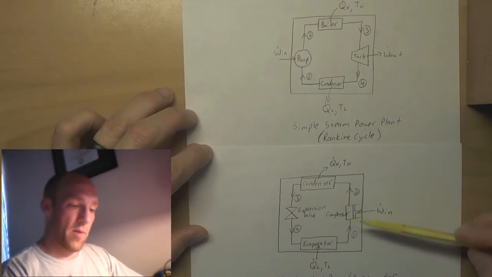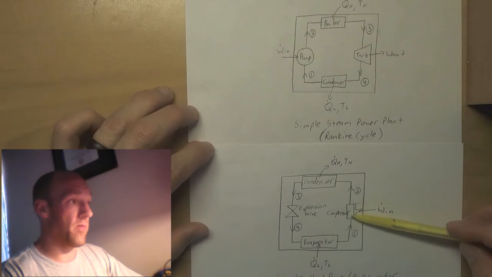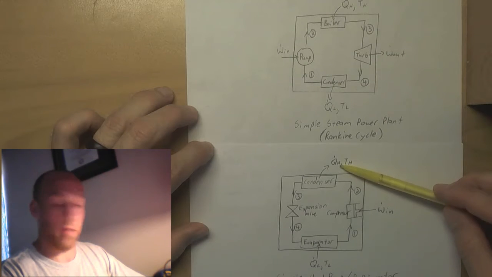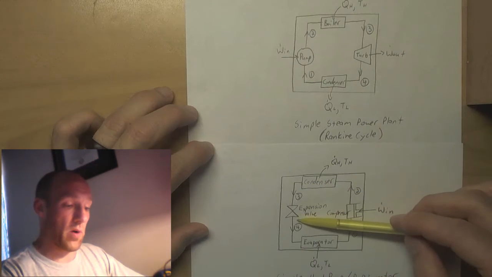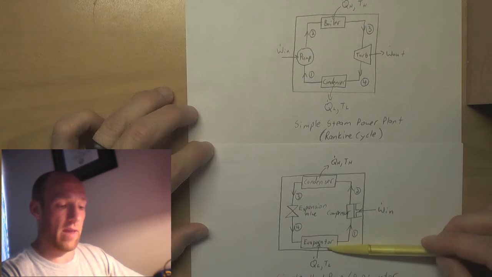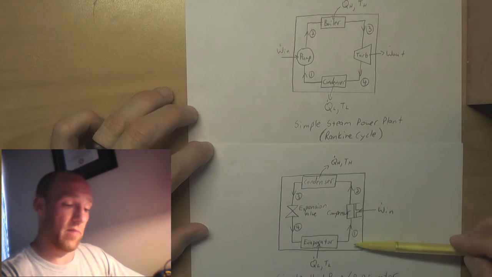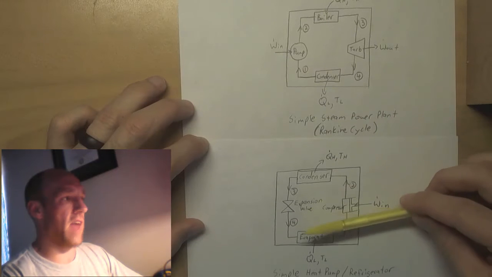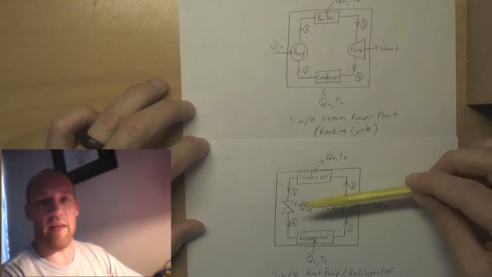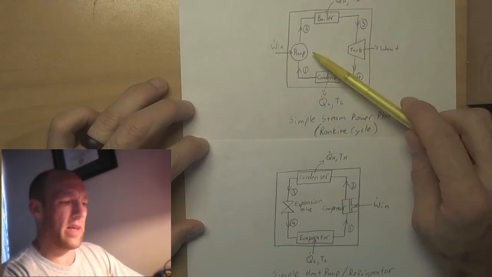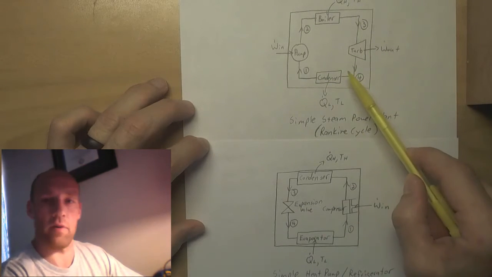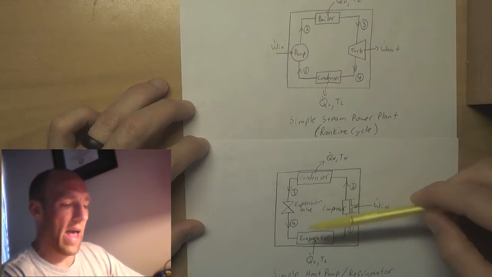All right, so we compress the fluid in a compressor, run it through a heat exchanger where heat is rejected at the high temperature. It comes through an expansion valve, and then heat is absorbed on the cold side, and the cycle continues. Now, notice some of the devices have changed, but their function hasn't changed much. Okay, it's typically just due to, I could literally just run this one backwards, but now